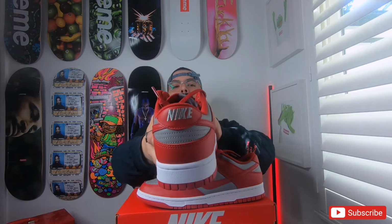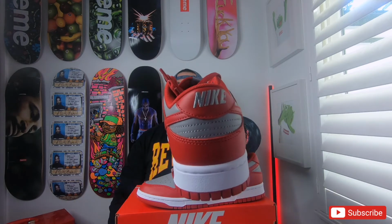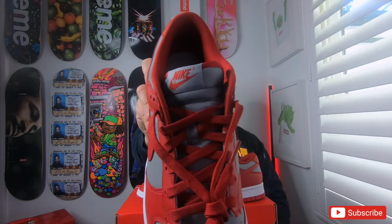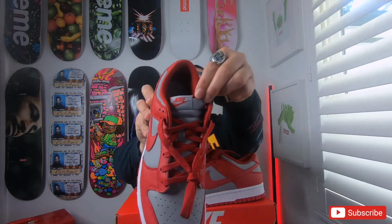Going back to the heel, we have gray Nike stitched branding. For that insole, we have a gray insole with orange Nike branding. I don't know why they went with orange on there. I think it's kind of a cool touch. On the tongue, we have the red Nike branding on a gray nylon tongue with the red lining to